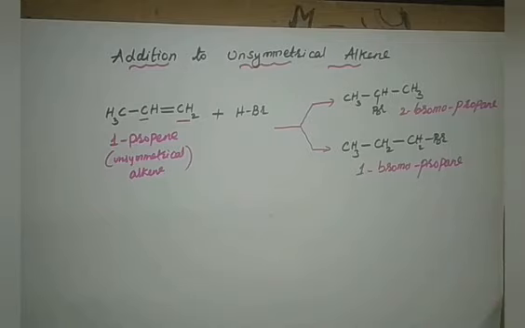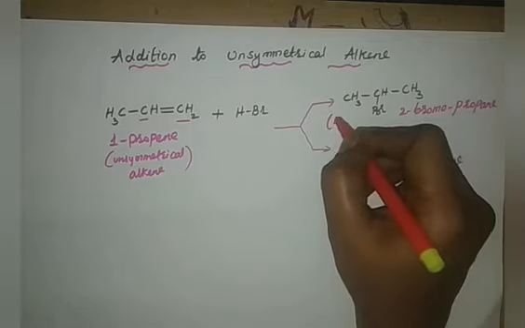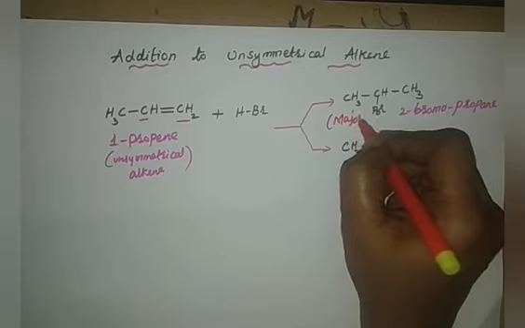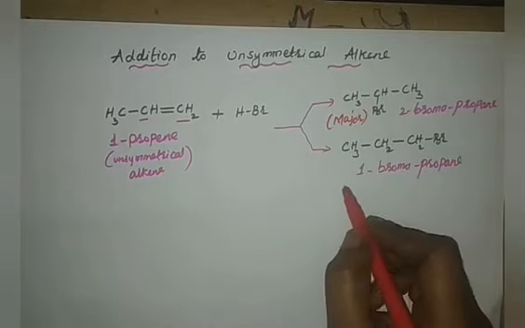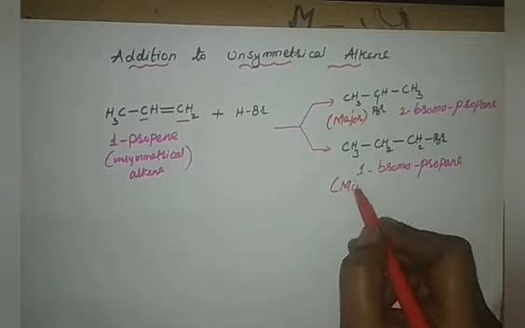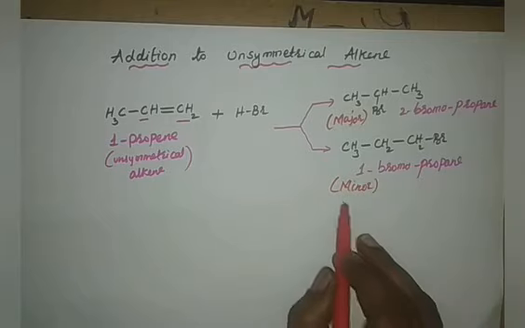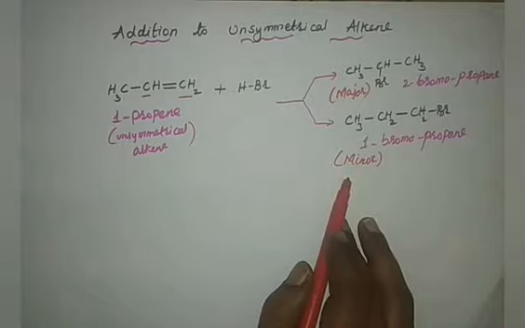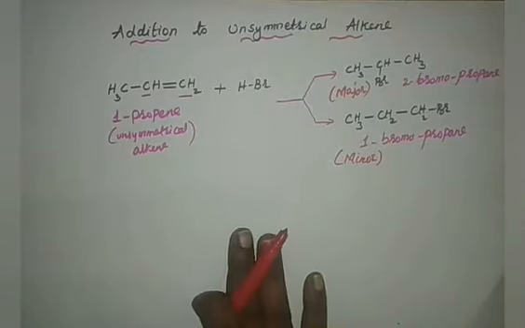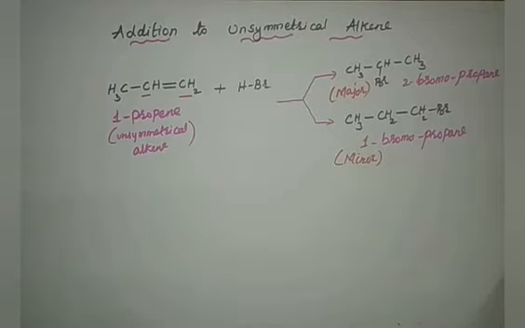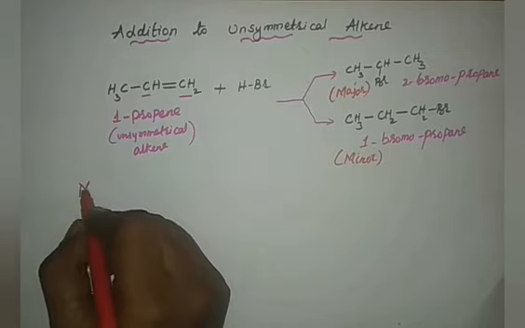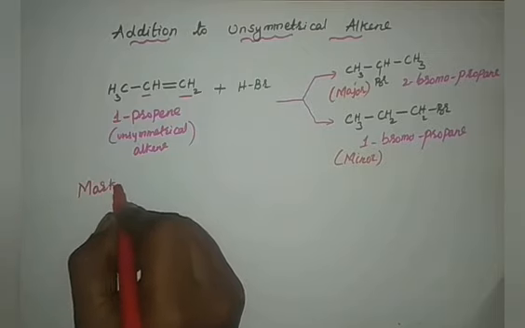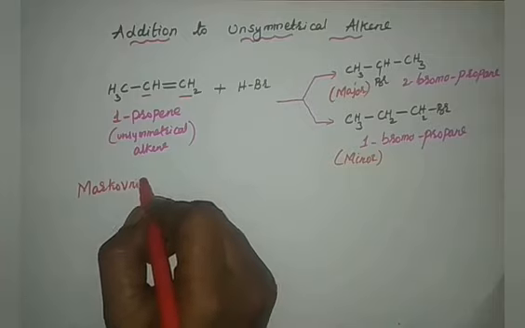Then which is the major quantity and why is it the major quantity? So this compound, the first one, is considered to be the major product. Major means in large quantities. This is the minor product. Minor is formed in less quantity. So how can you decide major and minor product? How to write which compound should be written as the major and which compound should be written as the minor. For this sake, we will get help from Markovnikov's rules.